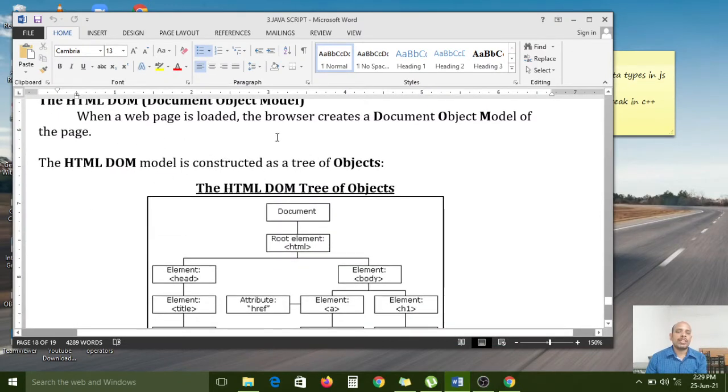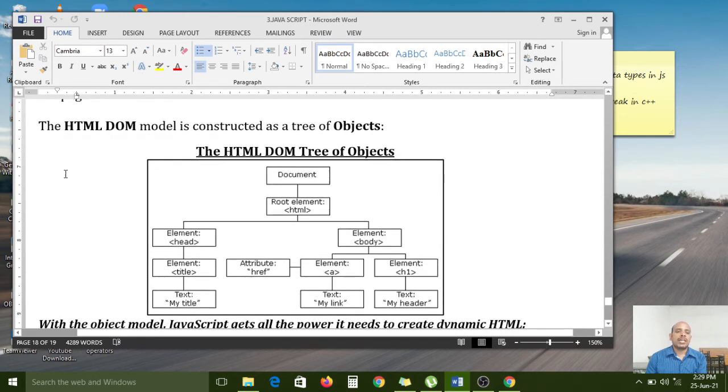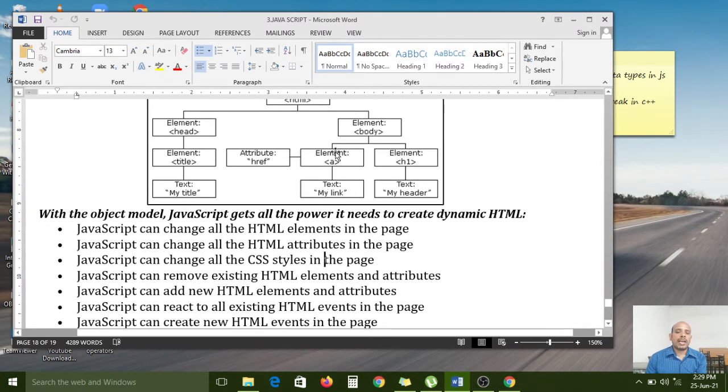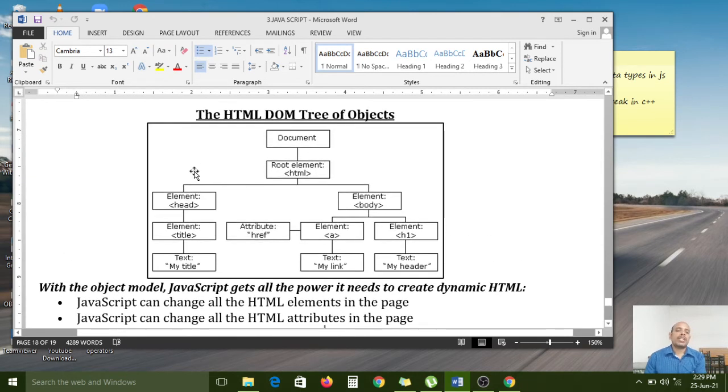When a web page is loaded, the browser creates a document object model of the page. The HTML DOM model is constructed as a tree of objects. For example, if I use an anchor tag and a heading tag in my web page, internally the document object model converts it into a tree format structure. Because here we have two sections, a head section and a body section, in the root element. In the head section, I have given a title tag to give the web page title, and in the body section, an anchor tag and an h1 tag.